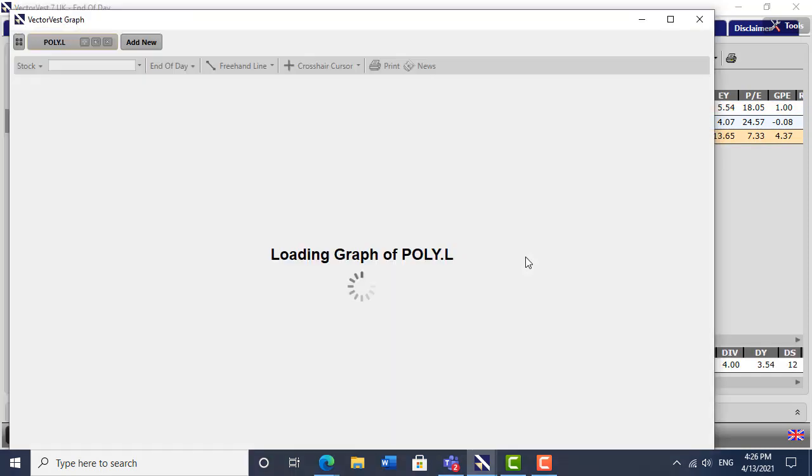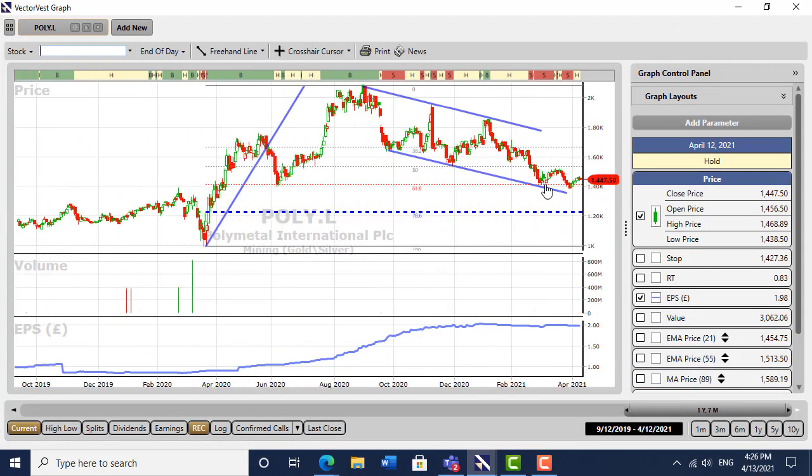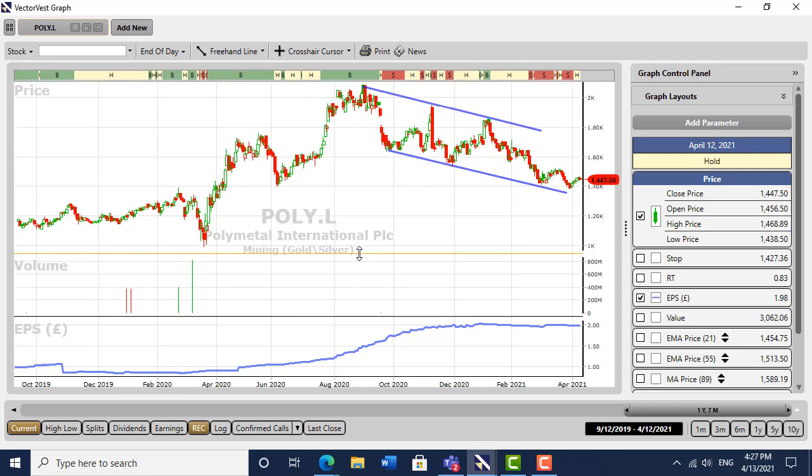So as you can see, Polymetal, I'm sweating in this, as I explained on many occasions, folks, and it's sitting at that 618 retracement. If you actually look, the gold price is sitting at exactly the same level. The fundamentals on VectorVest couldn't be better, and the results, now I'm a mechanical engineer, and I'm no expert at reading balance sheets, but you can nearly smell the money off the paper. So it's pulled back here. 1, 2, 3, 4, and 5, textbook waves in this continuation pattern, and although it's hit its stop loss here, I'm holding it as long as it stays above